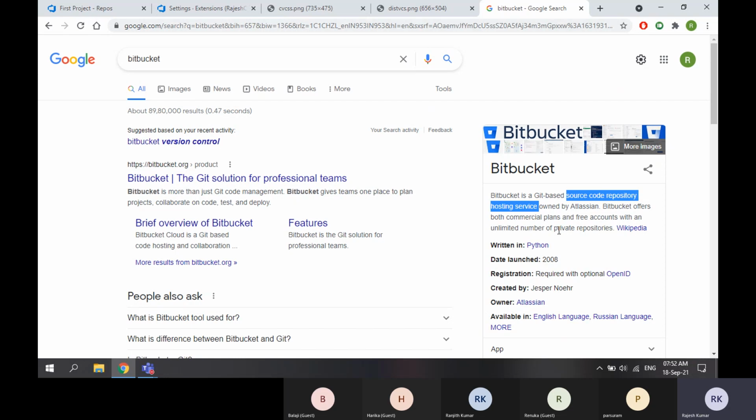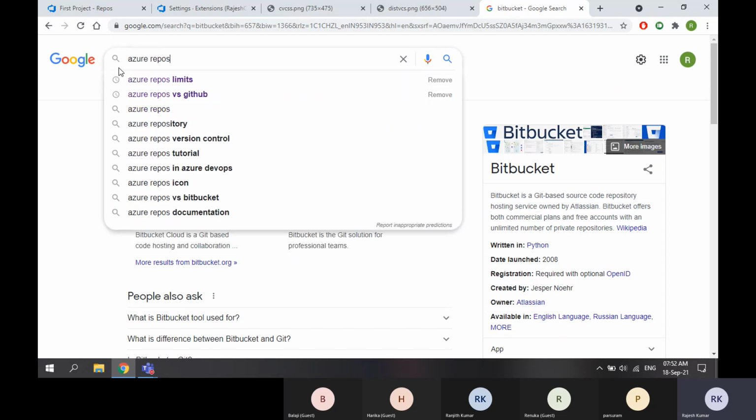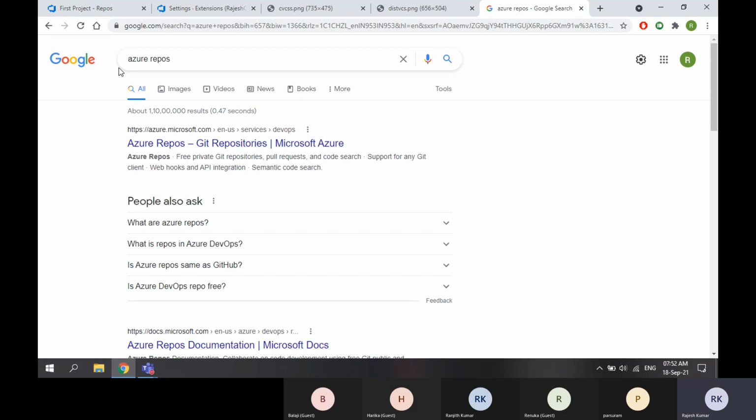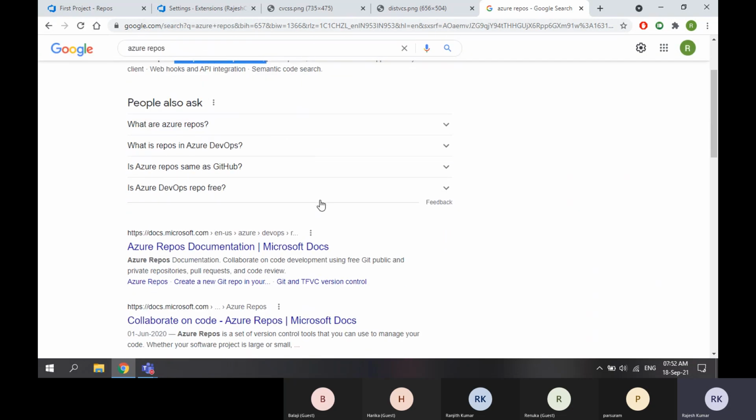Then another one is Azure Repos, which also offers free private Git repositories. So GitHub, Bitbucket, Azure Repos: these three will give you source code management functionality.